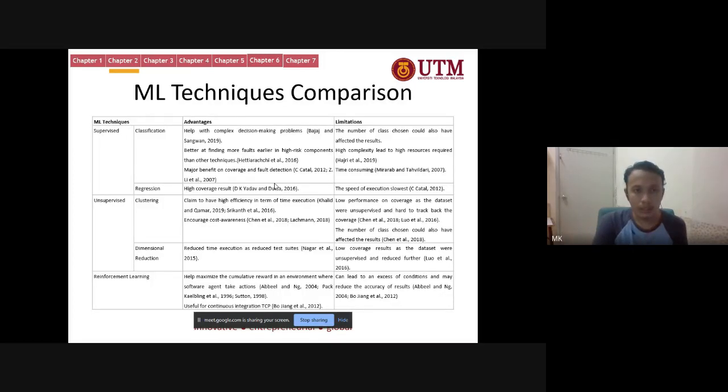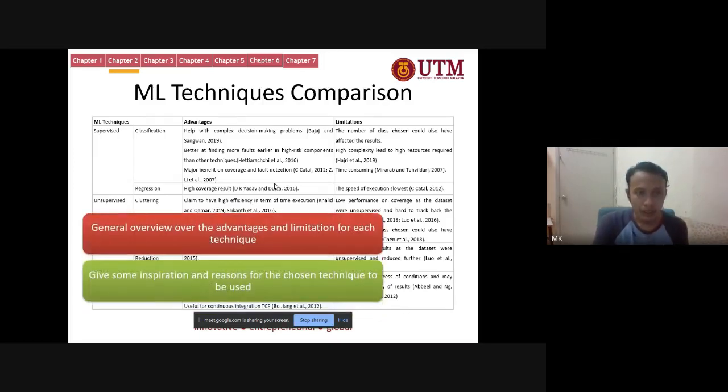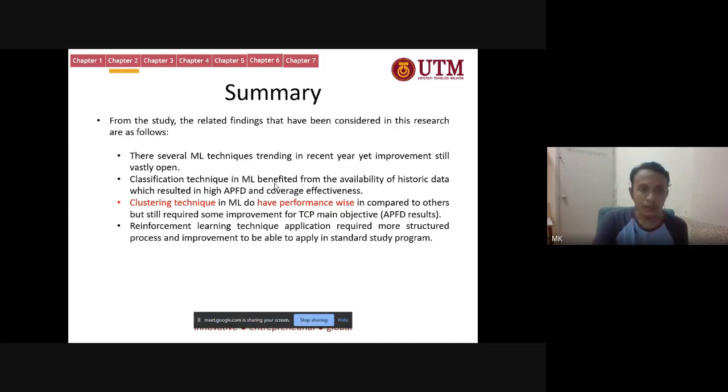So for TCP, the data was unsupervised data. Therefore, we choose clustering for this, and classification for other types of machine learning technique. There are several machine learning techniques trending in recent years, and then the classification technique in machine learning